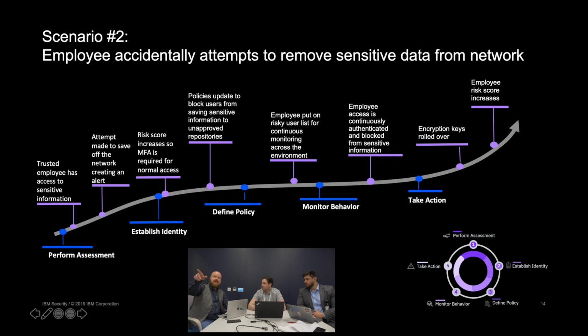So all the things that happen there can be different scenarios. If they download it to a USB drive, maybe they've done that in the past, but now they know that you're not supposed to do that anymore. Exactly, that's high risk. That's the security controls, the stuff you're going to put in place over time. If it's well defined, you'll be able to change it while you're on the go, in terms of constantly monitoring it as well.